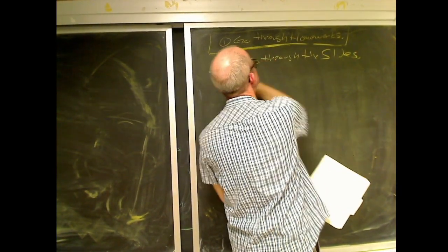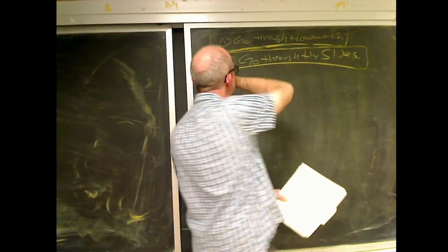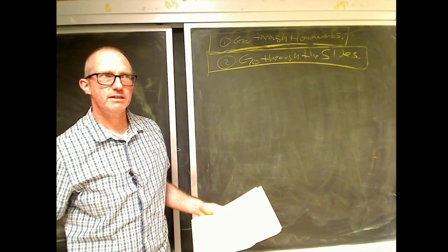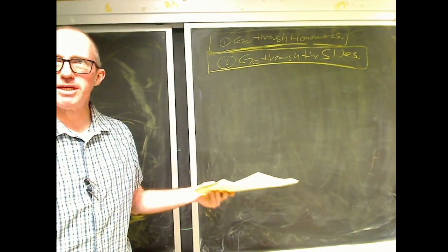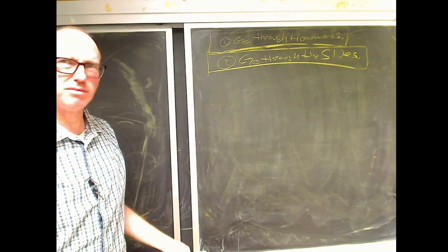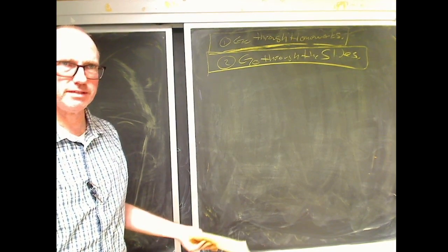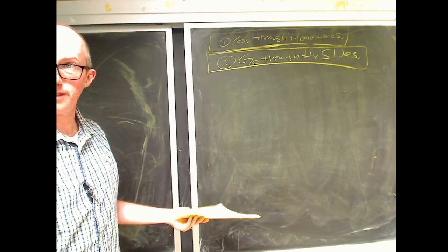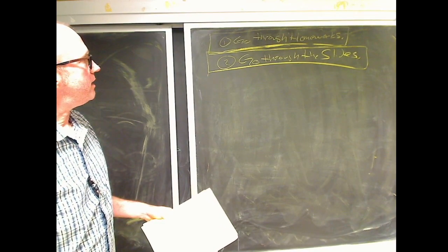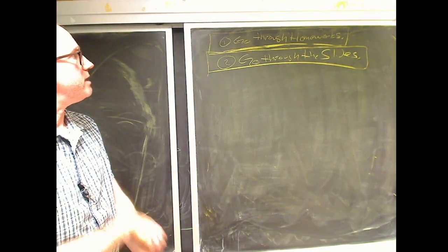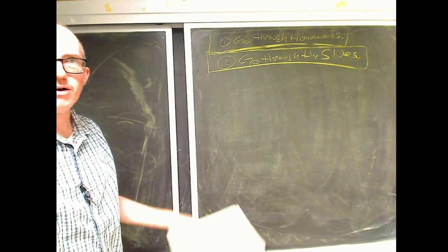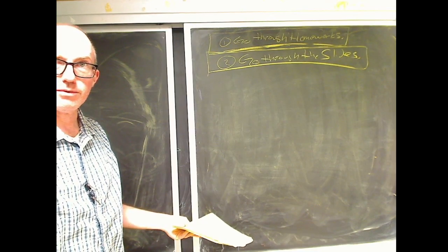Second, go through the slides. If it's in the slides, I probably talked about it enough to feel like it's fair game. So anything I spend a bunch of time on in class is probably fair game. And by a bunch, I mean a substantial amount of time. I say a lot of things, and I'm not going to put you on the hook for a thing I mentioned one time. So go through the homeworks, go through the slides, and see what I spend time on. And if you have time, watch a couple of videos. But there's now 15 hours of videos to go through, and that's a lot.